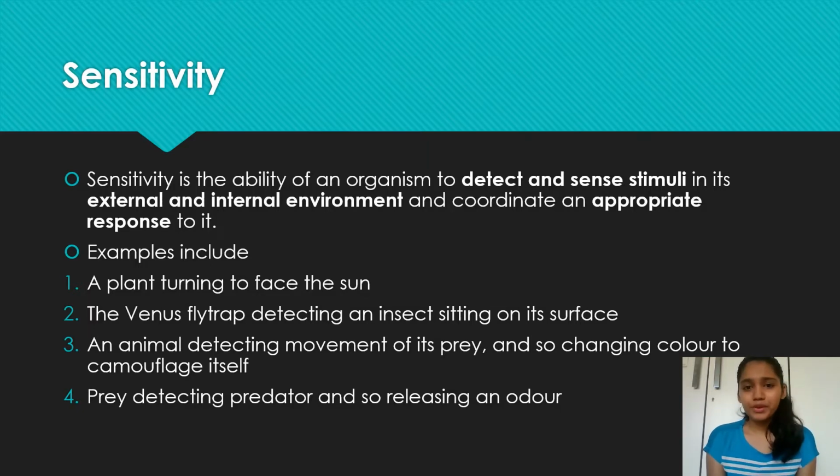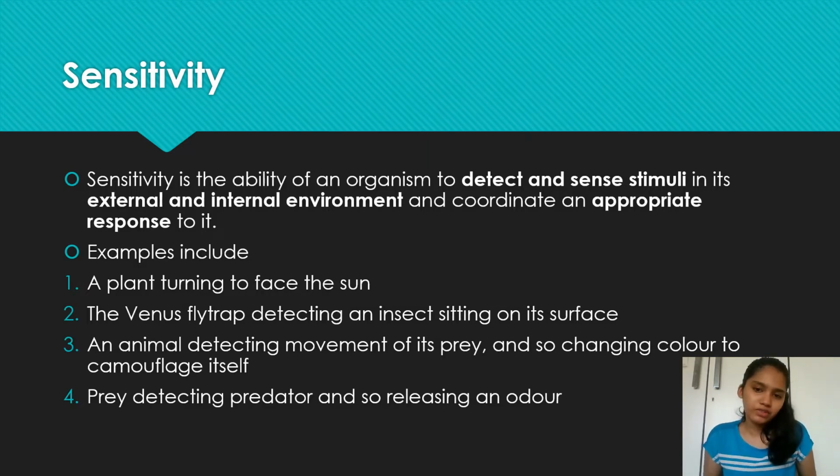So if you want me to break this down, detect and sense stimuli. So sensitivity, you definitely correlate that to your sense organs. That is your eyes, nose, tongue, skin, and ears. So when you feel something that's hot, your sense organ is your skin and the stimulus is what you've been touching. So this stimulus is basically a change in your internal or external environment. So if you suddenly touch the pointy edge of a pin, you feel the pressure, that's a stimulus. So your body detects stimuli in your external and internal environment,